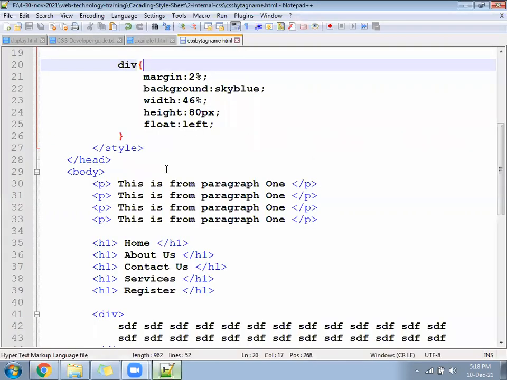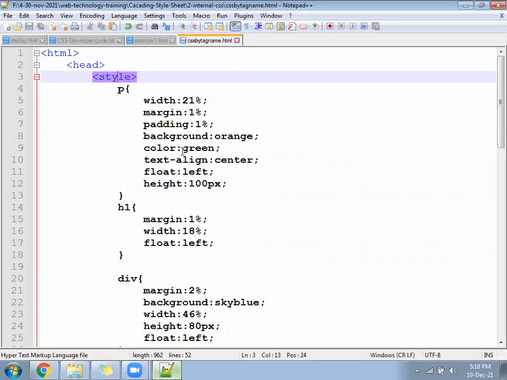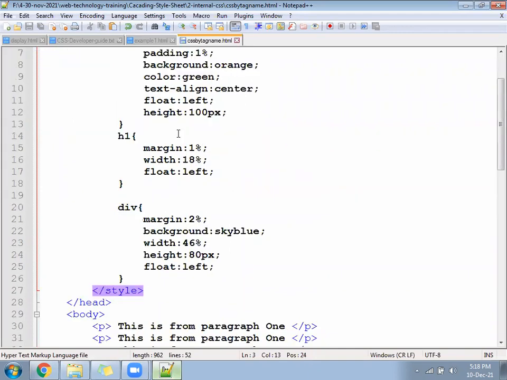All the HTML tags are called selectors in CSS.